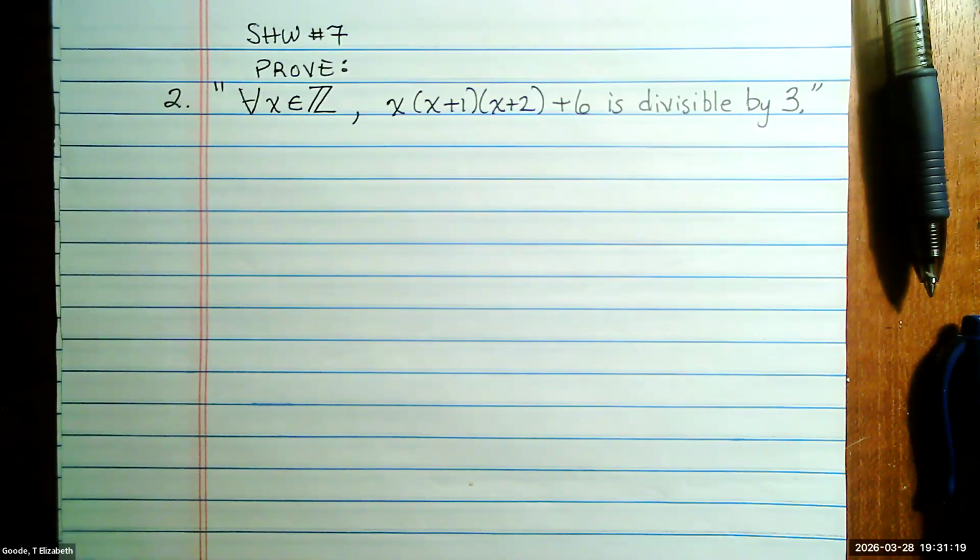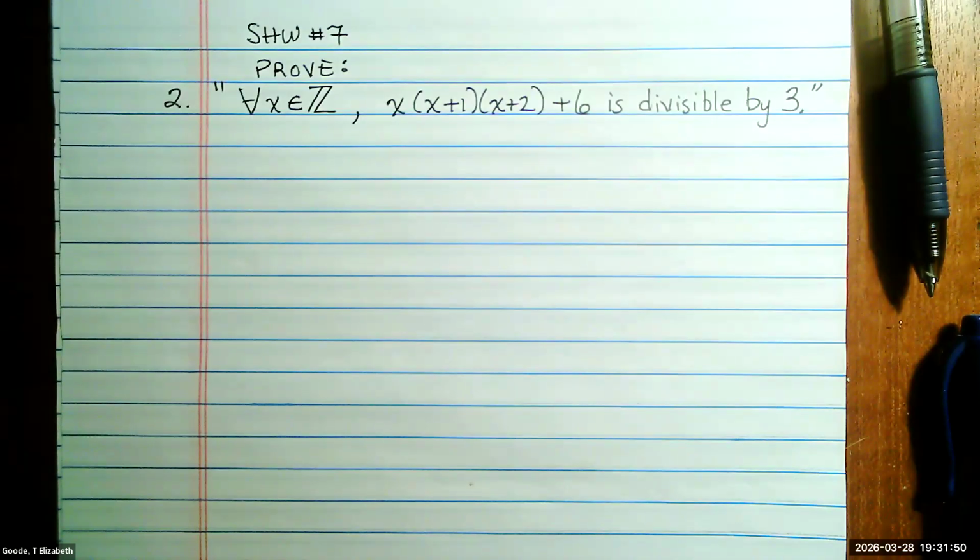So even though we didn't have time to thoroughly go through example 3, I at least showed you some of the algebra involved in that problem. And we talked about how this expression, x times x plus 1 times x plus 2, is the product of 3 consecutive integers. Do you remember that? Yeah. So if we scroll to example 3,